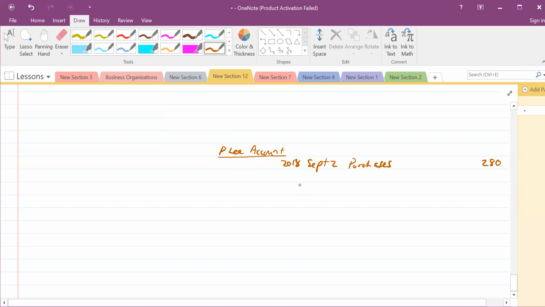Okay, we then go on to date 8. We have sales on credit to T-Day and LHOP, 418. So we open the LHOP account because we don't have that account, and this account is going to be found in the sales ledger. So LHOP,